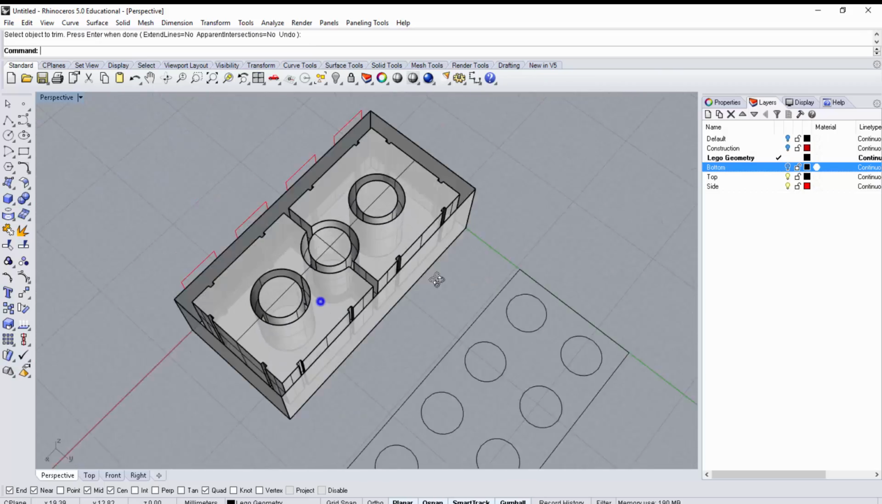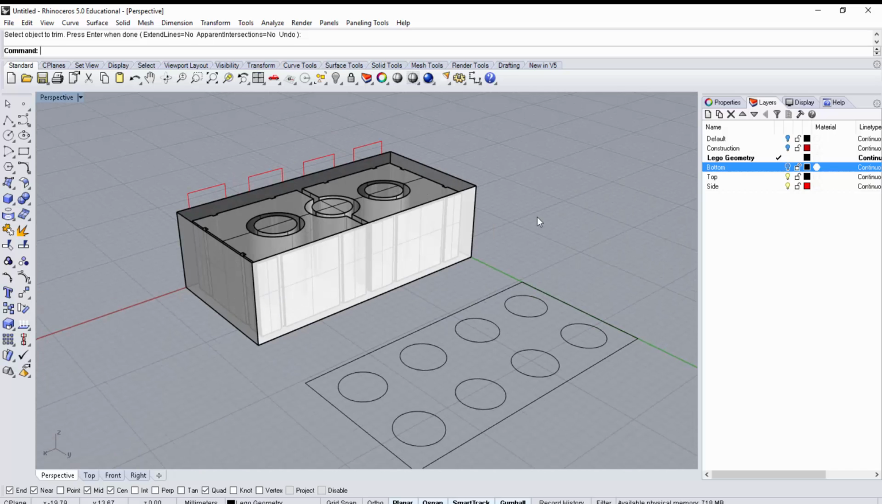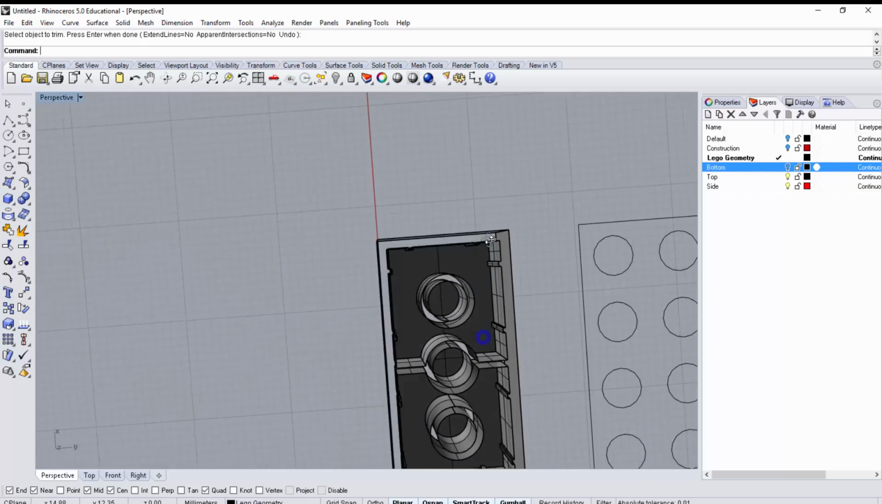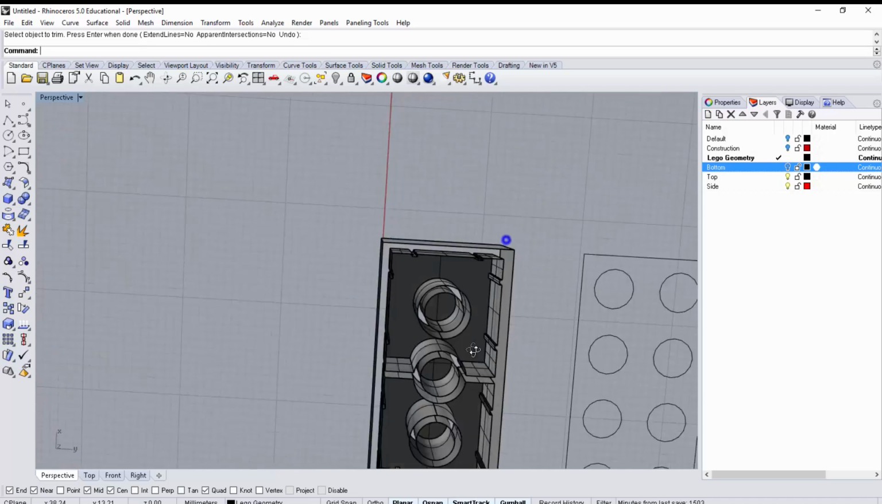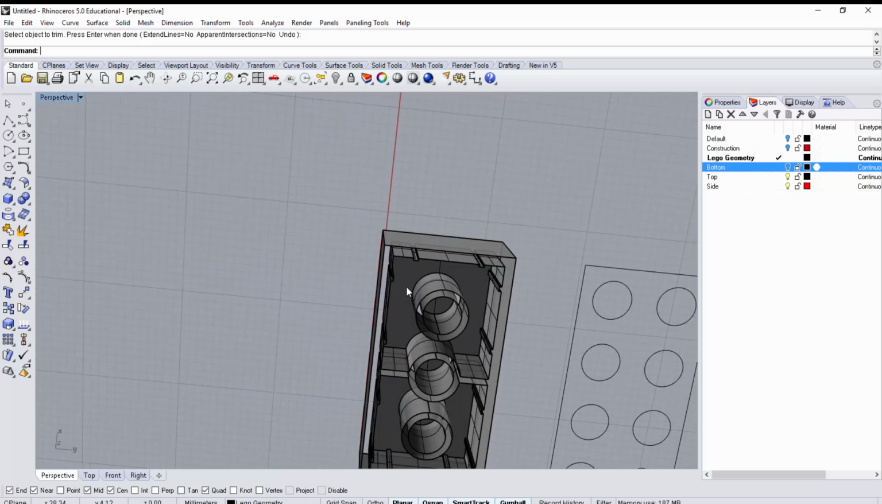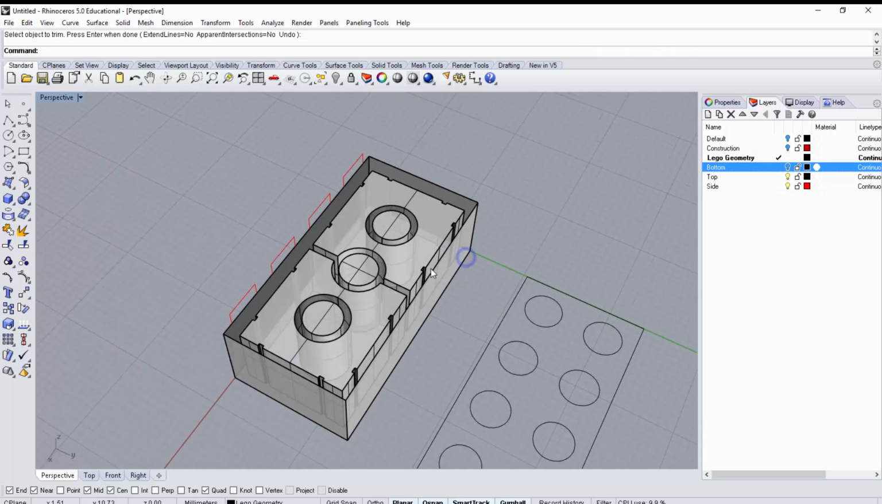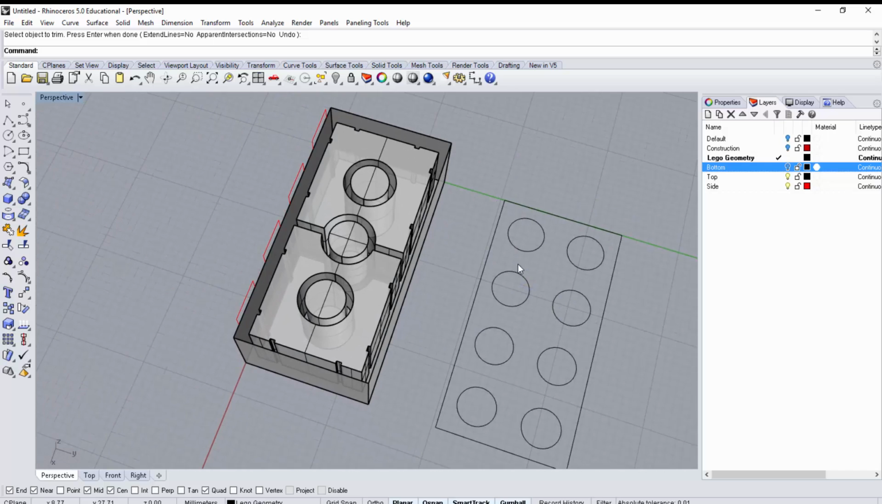So now we've got the exterior of the brick. This will be the bottom of the brick. This is going to be the top interior ceiling of the brick. And now what we want to do is I'm actually going to